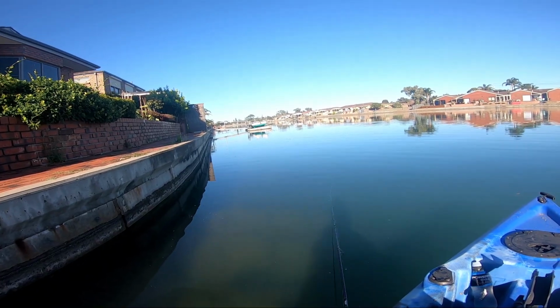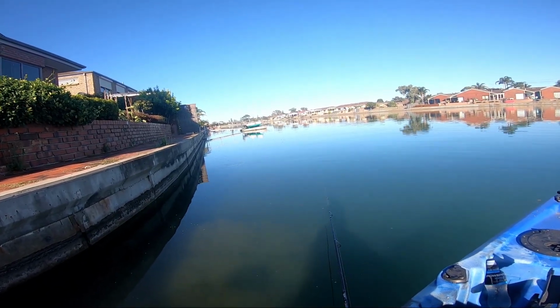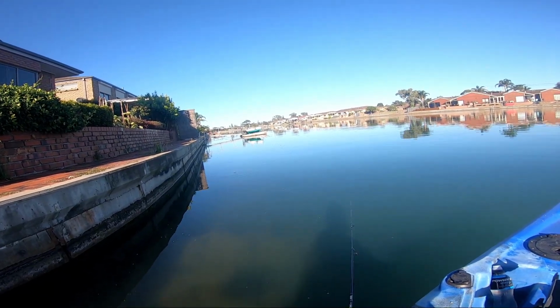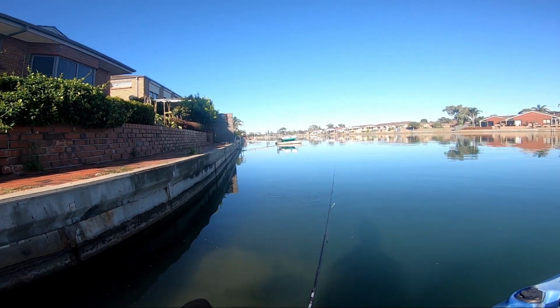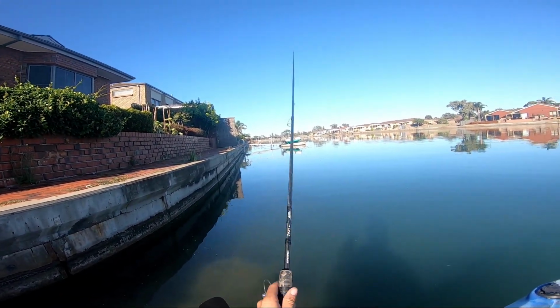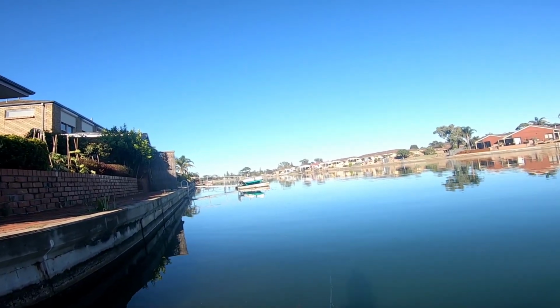And what that does is it actually gives the bream a bit of a chance to have a swipe at it. A lot of the time, bream being quite finesse as well, they won't actually hit it when you're retrieving your lure. Oh, that was a big fish just tailing on it. Pop another cast in. So what I like to do is actually work it quite...